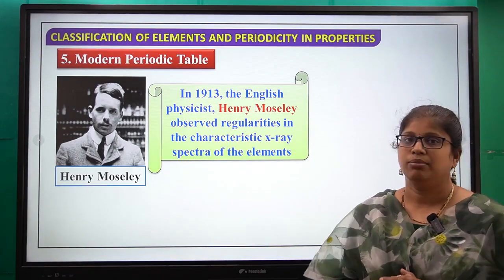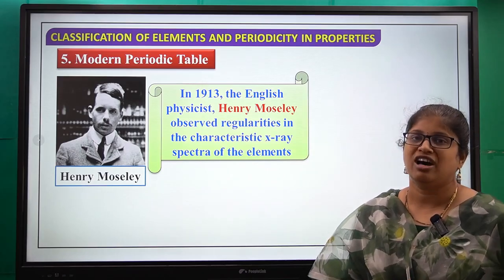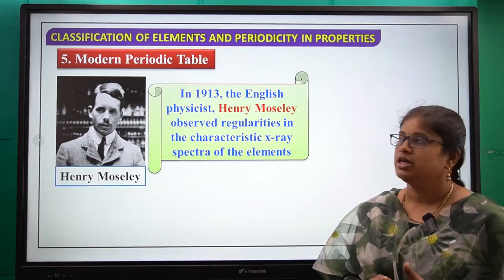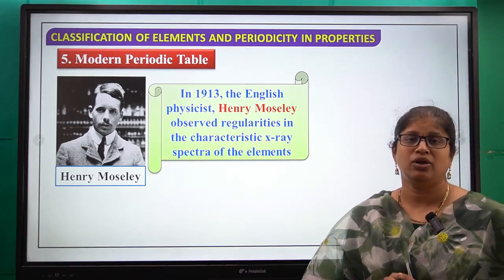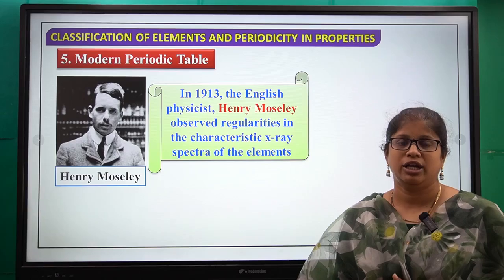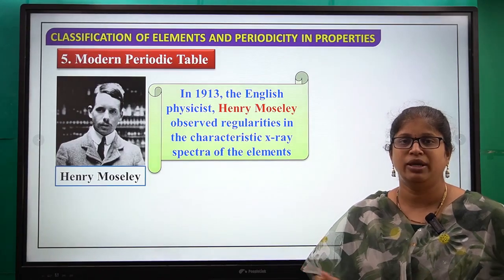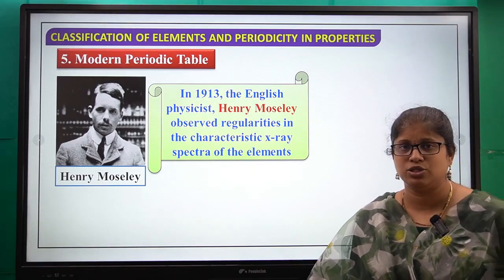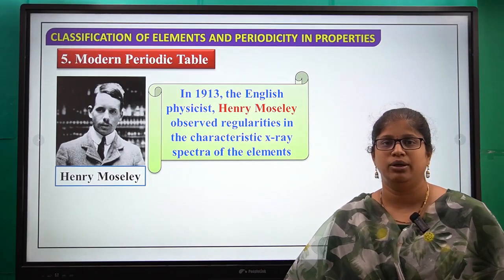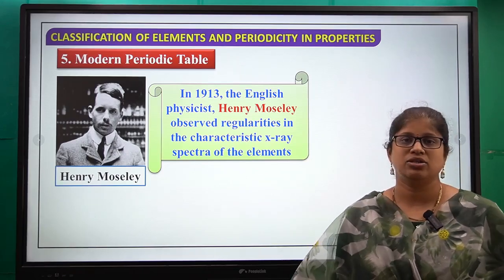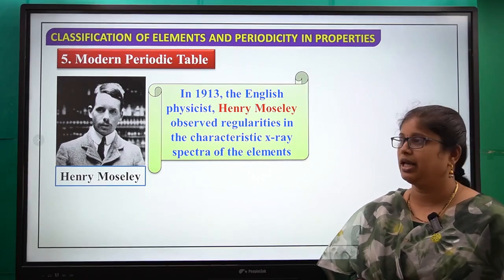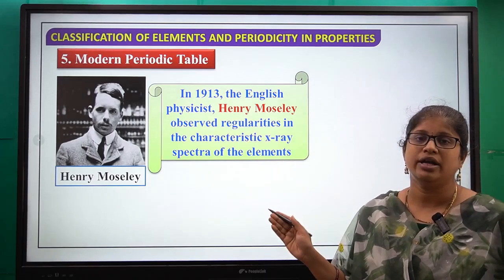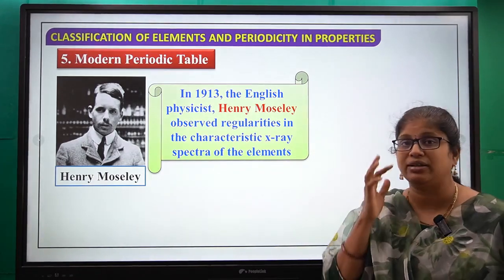This is one of the best achievements of this periodic table. Nowadays also we are using only this periodic table. So that's why this is called the modern periodic table, and it is also called the long form of the periodic table. What about Mendeleev's periodic table? Mendeleev's periodic table is known as the short form of the periodic table, but the modern periodic table is called the long form of the periodic table. So here, first he observed regularities in the characteristic X-ray spectra